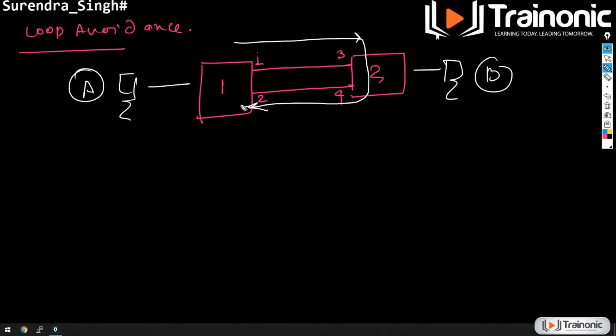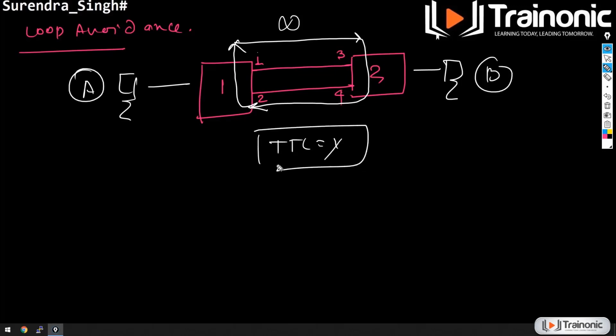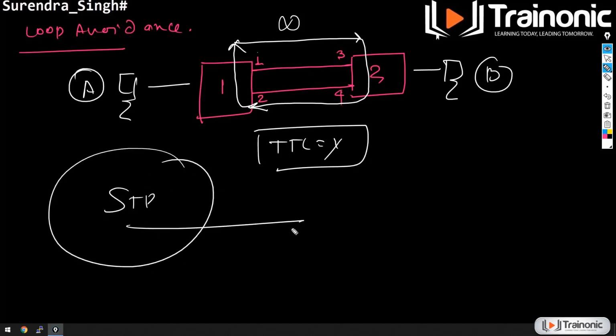And this will cause a switching loop in the network where the frame will keep rotating for an indefinite time period. Remember, in the Ethernet header, we don't have any TTL field. So if a loop occurs, it will occur for an undefined time period. That should not happen. So for loop avoidance, we have a built-in feature in the switches, which is what we call STP, Spanning Tree Protocol. It will be discussed later in quite some detail, but STP is a protocol that is used for loop avoidance in the switches.